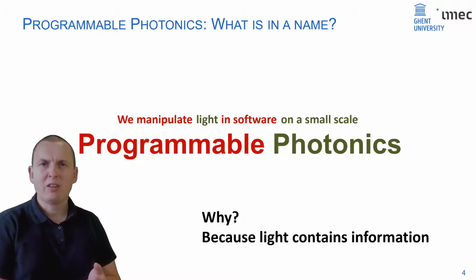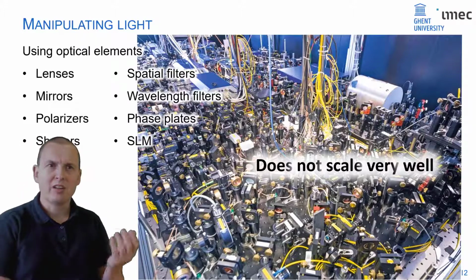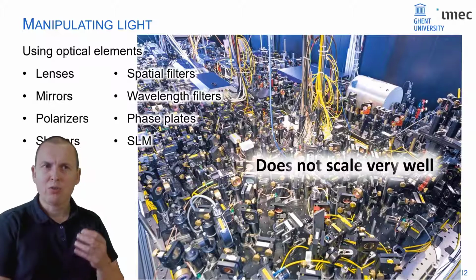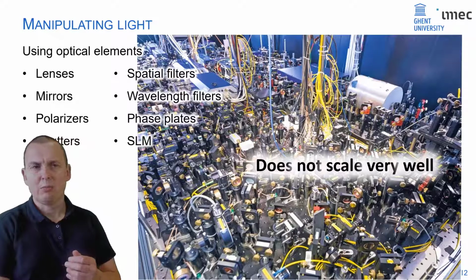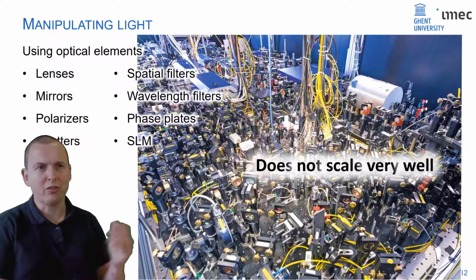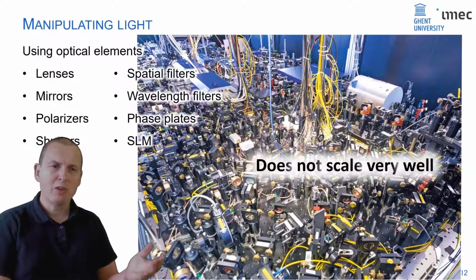Now, if we manipulate light in a traditional way, we typically think about using optical elements like lenses, mirrors, polarizers. And if you want to do that in software, we have to go to spatial light modulators, for instance, where we can control light with pixels. But this still doesn't scale very well. Look at this optical table. So the trick is, if you want to manipulate light on a very granular scale, you have to go to